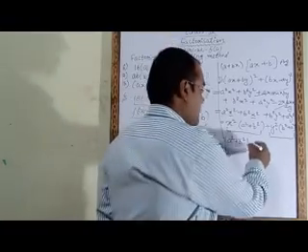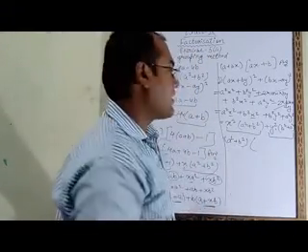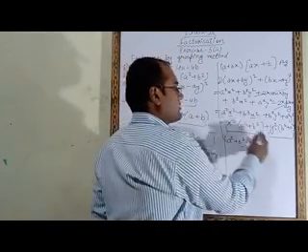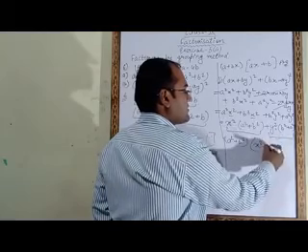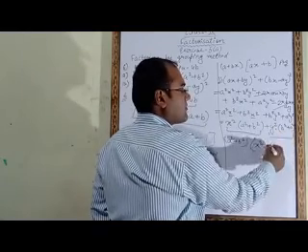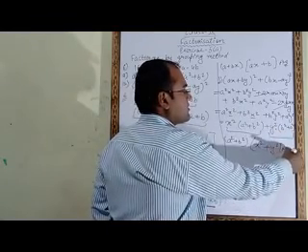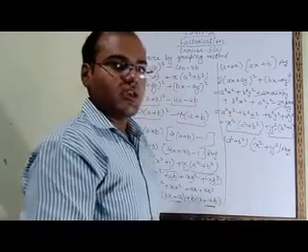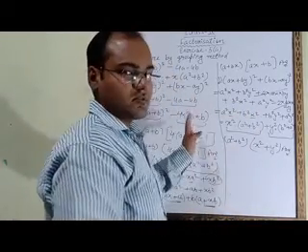Now in another bracket we will write the remaining part. This one we have taken common, so what is remaining? X square plus, this one we have taken common, what is remaining here? Y square. So this is your final answer of question number 11. So like this you have to do such questions.